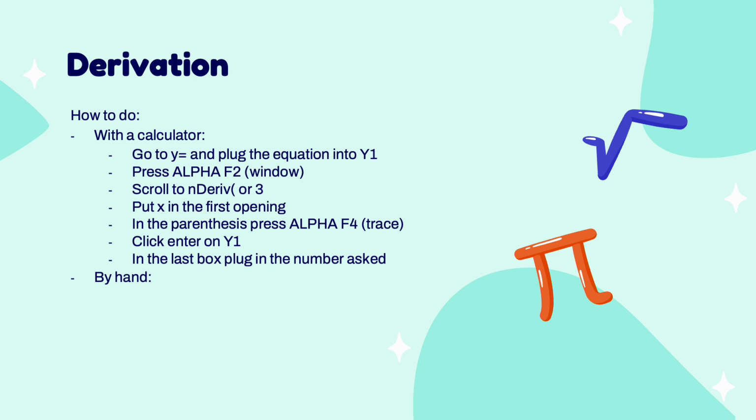If you wanted to do this by hand, because you don't like the calculator that much or you just think it's easier, then you're just going to use the formula that x to the nth power changes to n times x to the n minus 1. So if we had x squared, the integral of that we said would be x cubed over 3. The derivative of that would be 2x, because n, which is the 2, comes in the front. So you have 2x, and then 2 minus 1 is 1, so it's 2x to the first power, which we don't write. So, yeah, and then last we have the